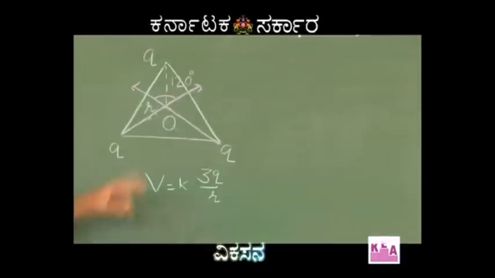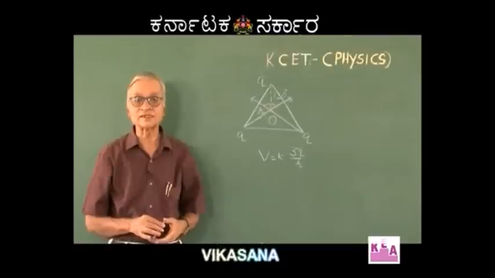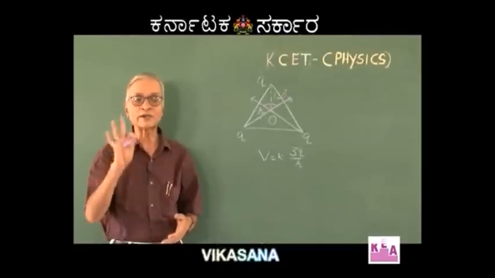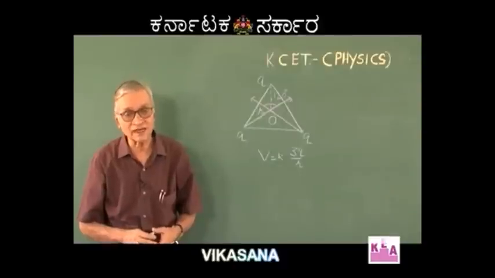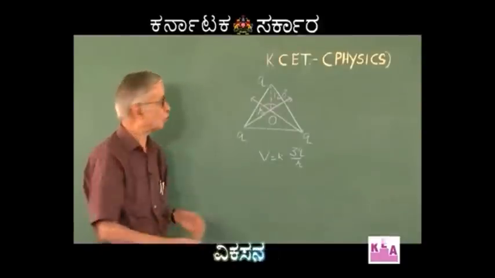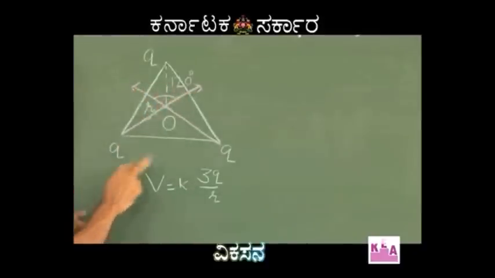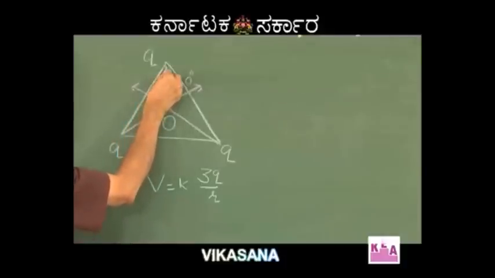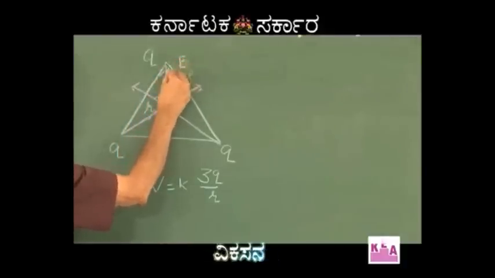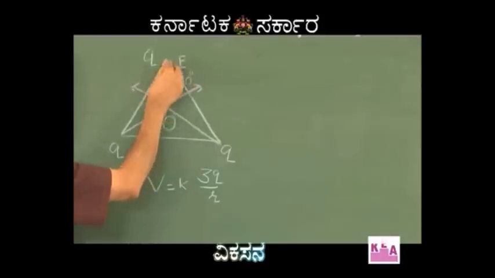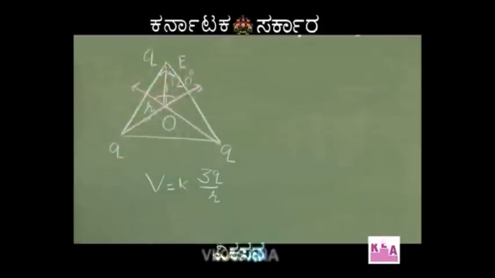The most important concept that you have learnt in vectors is, if any two vectors are equal in magnitude and are inclined at an angle equal to 120 degrees, the resultant is always going to be equal to either of the vectors. Therefore, since these two intensities are equal in magnitude and inclined at 120 degrees, the resultant is also going to be the same, that is E in the direction towards A, as shown in the figure.